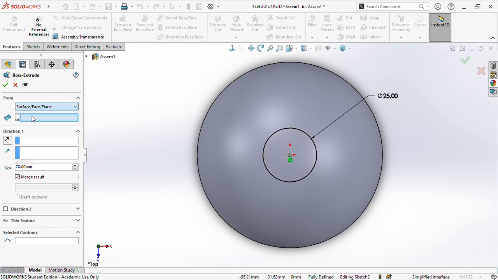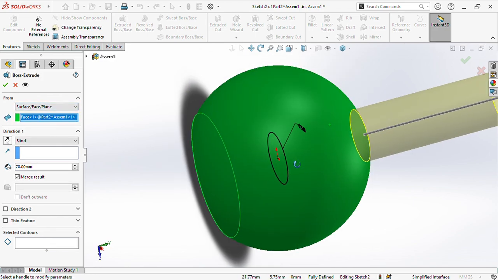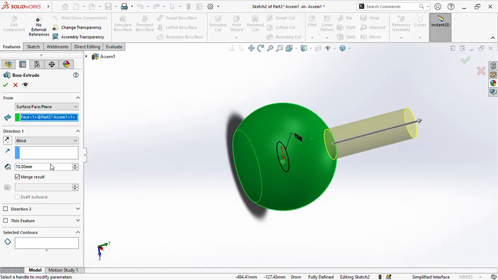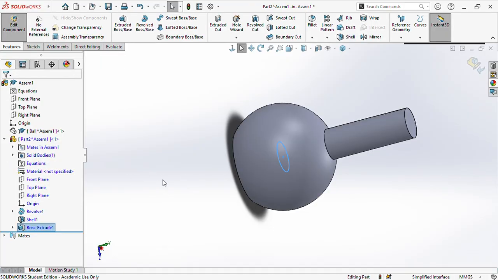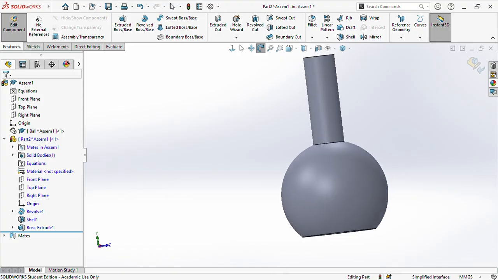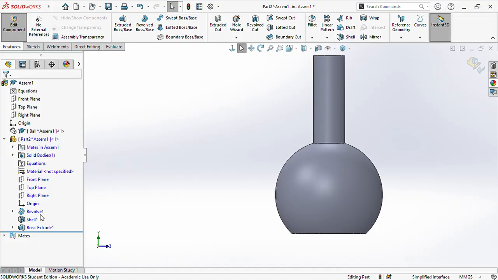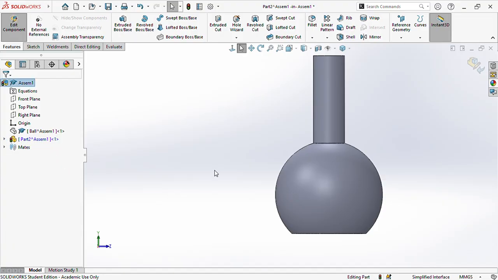From here select the surface. Click on this surface and give the dimension as 70 mm, and here it is done. So this is done. Now one thing you have to remember is,